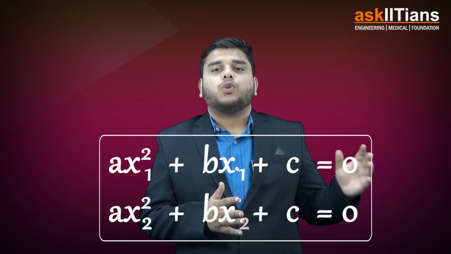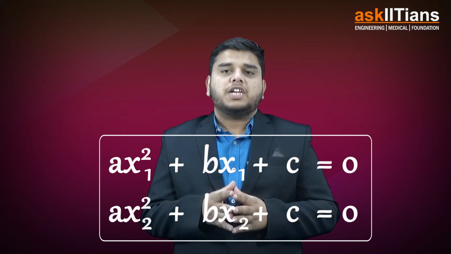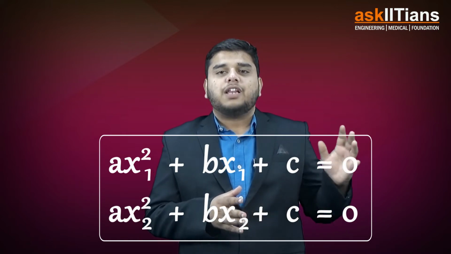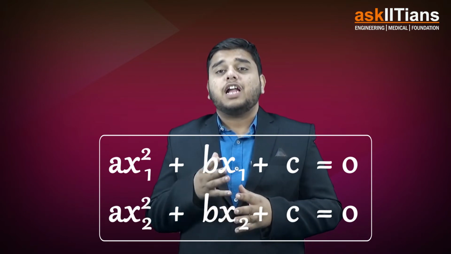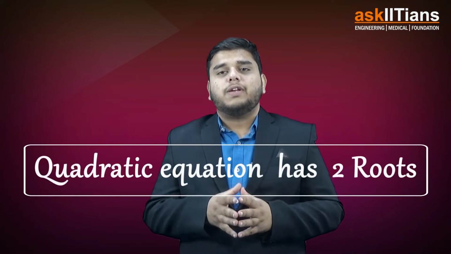Let's say x1 and x2 are the roots of this equation. When I put these values in the equation, it turns out to be equal to 0 and actually makes the equation true. Similarly, a quadratic equation always has two roots,